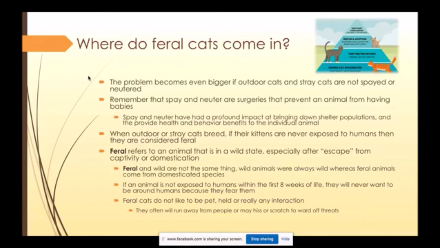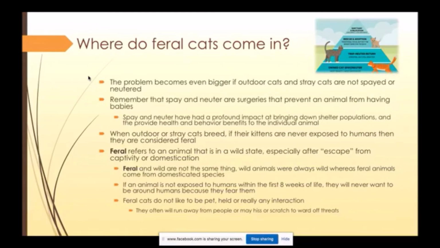So feral, like I said, is a wild-like state, but it's kind of an animal that was domesticated, reverting back to its wild instincts. Feral and wild are not the same thing, because wild animals like lions have always been wild, whereas feral animals come from a domesticated species. So cats have been domesticated for a long period of time, but if they're never exposed to humans, then they are feral, because that will cause those instincts to become stronger, and they're just very fearful because they